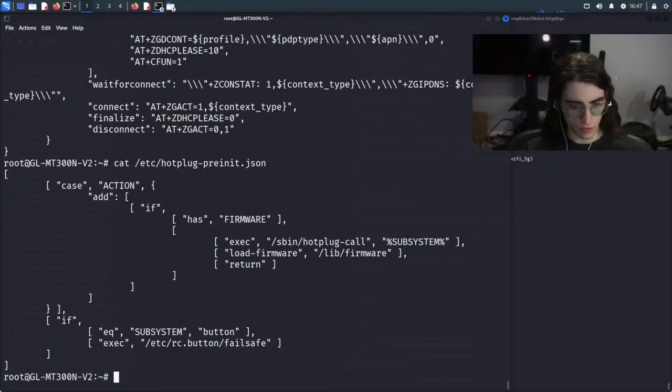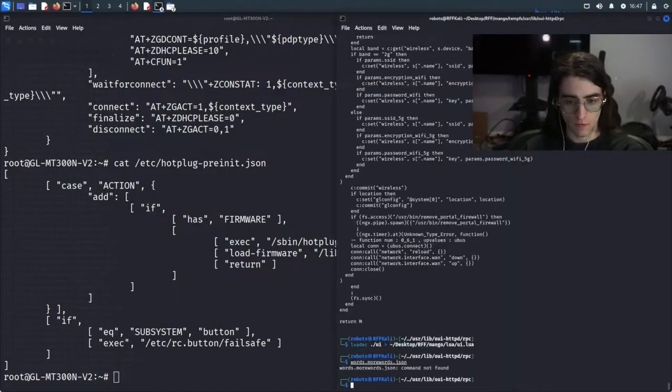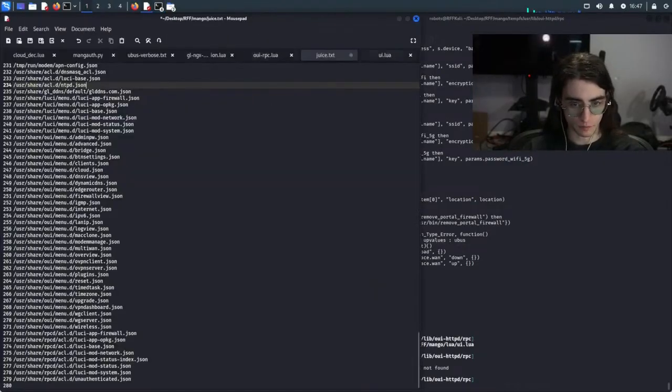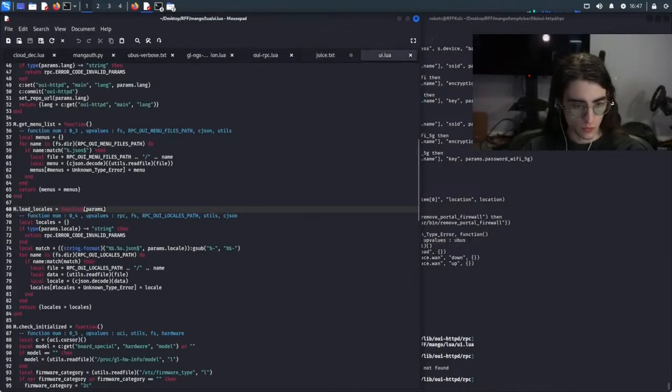Hot plug pre-init. Yeah, none of that stuff is useful, so even if we were able to exploit that, I still don't think it would be super valuable. We'd have to chain it with something else. I don't know. Maybe if you could